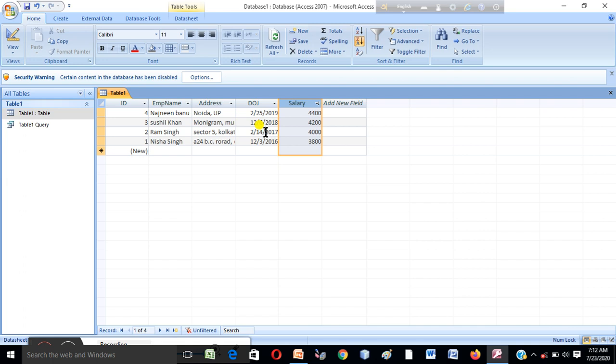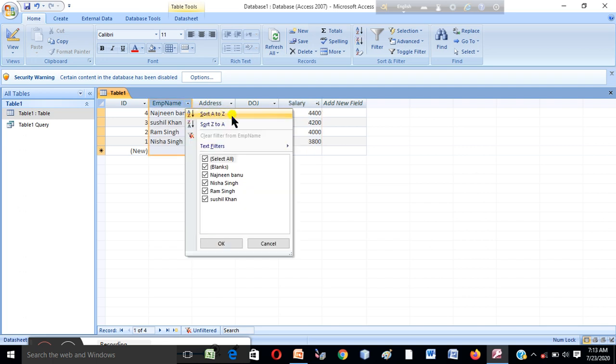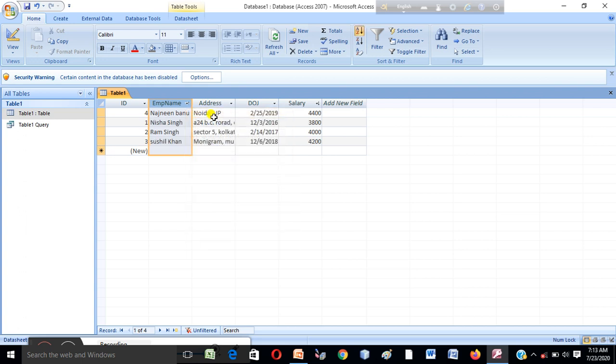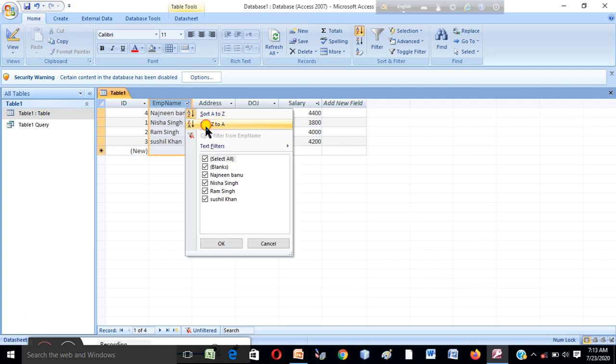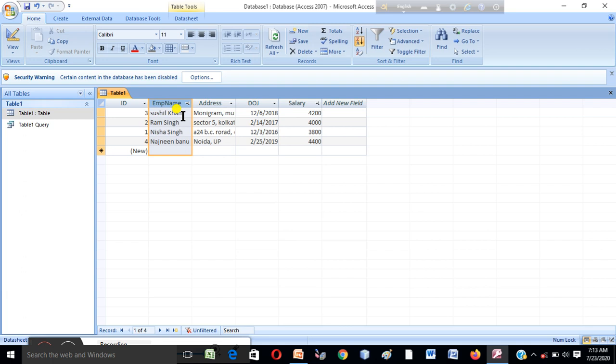You can change the data according to your need. Not only that, you select this field and you can sort A to Z, that means alphabetical order. Click here, then it will be N, R, S, or you can sort Z to A. Then Susil Khan is at the top of the list. So this is sorting the data.